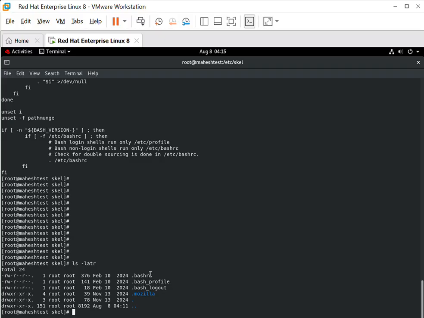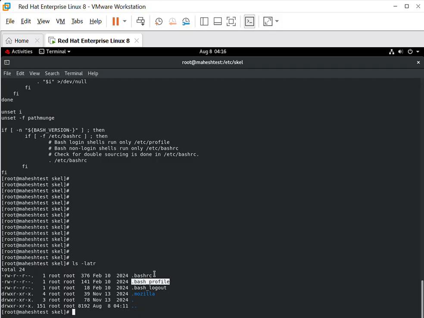For example, if any path has to be exported, or any variable this particular user has to set, we can define it under .bash_profile, but that will affect only that